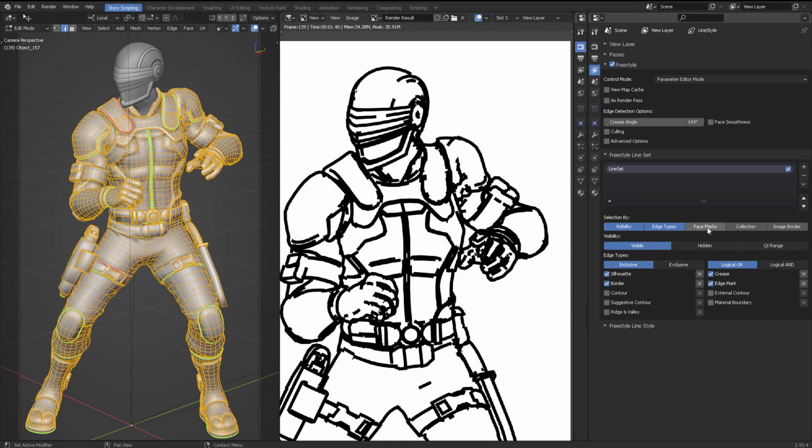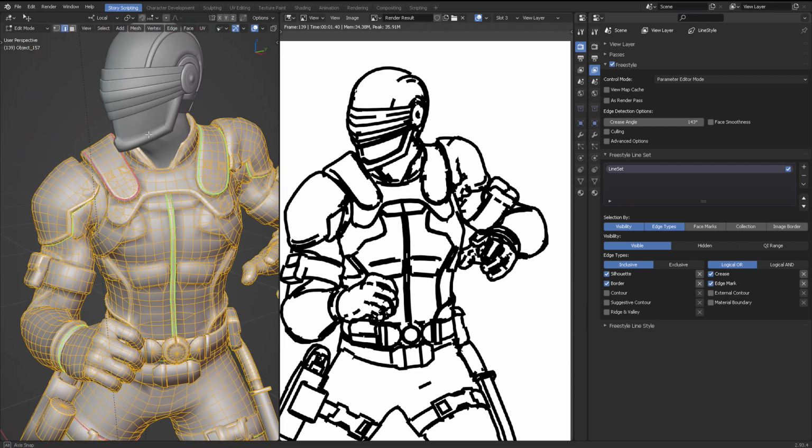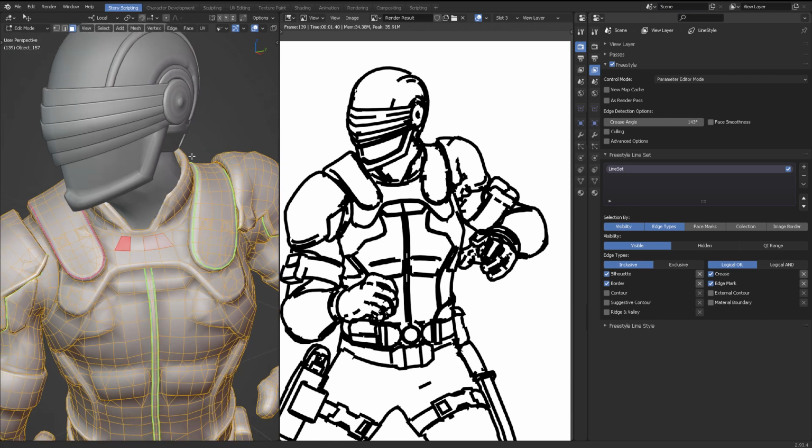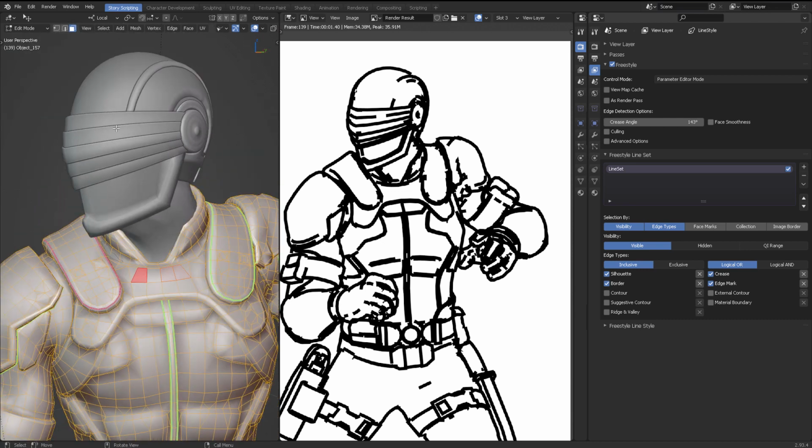So let's continue. Next we have Facemarks. Instead of just selecting your edges, you can select faces in edit mode, the filter type faces, and then you can select a whole bunch of faces. Now why is this useful? This is useful for the occasions when you have the eyebrows and the eyes all close together, and then this starts to happen. So you can select all of those faces and then assign them with face marks to not be included. So you can click here on exclusive,